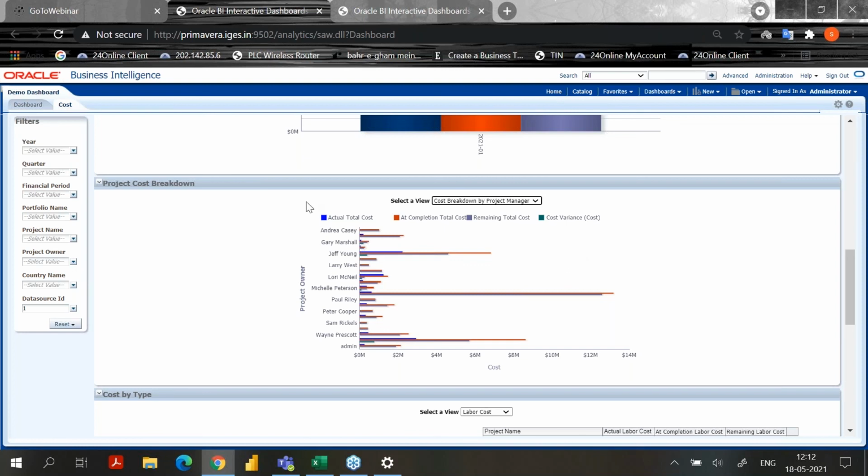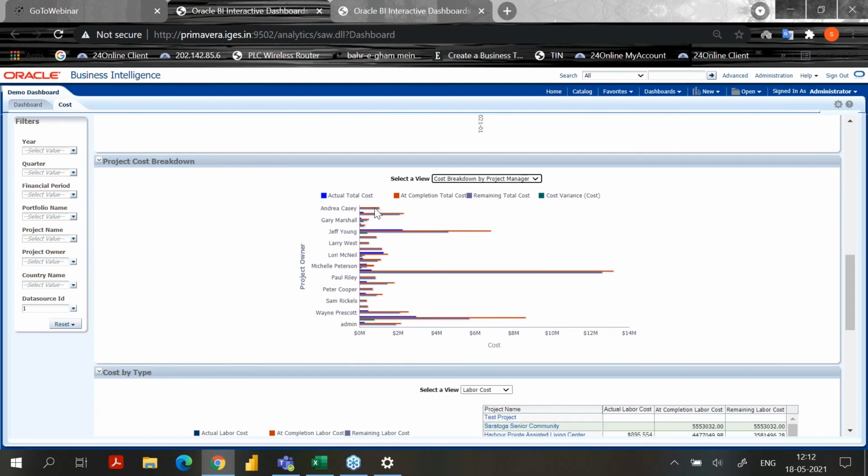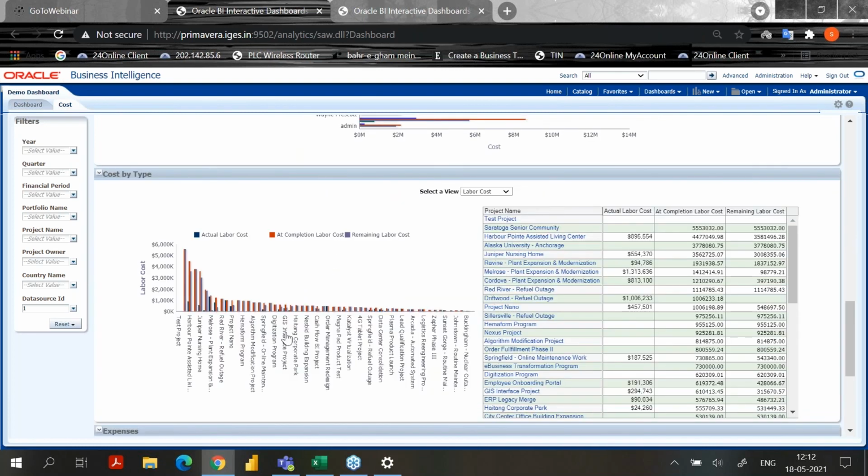Same thing, cost by type: labor cost, material cost, non-labor cost, whatever cost we have seen. You can see it here, and there is a table format also, and this is a graph feature. Non-labor, material. There will be nothing in material cost because nothing is assigned.